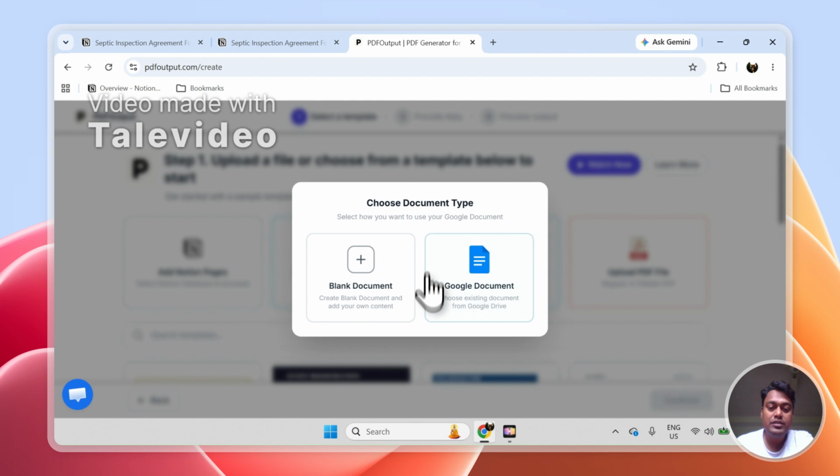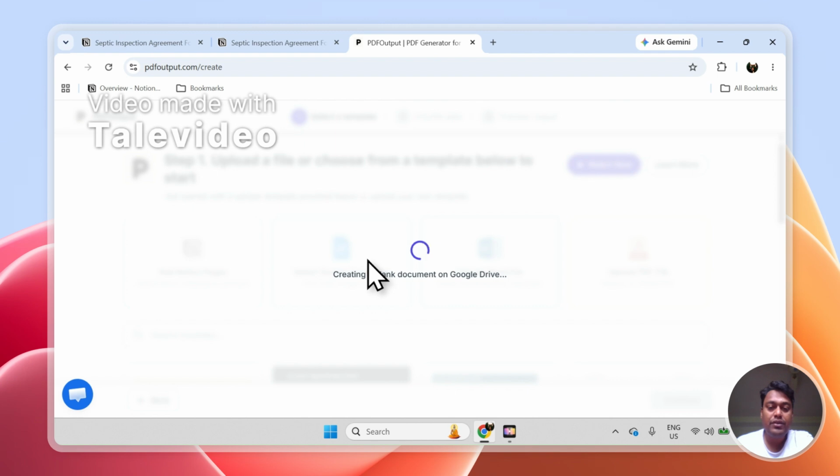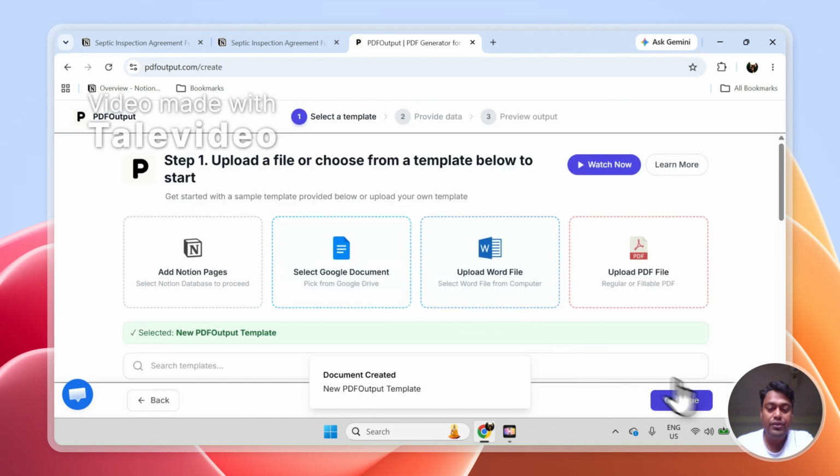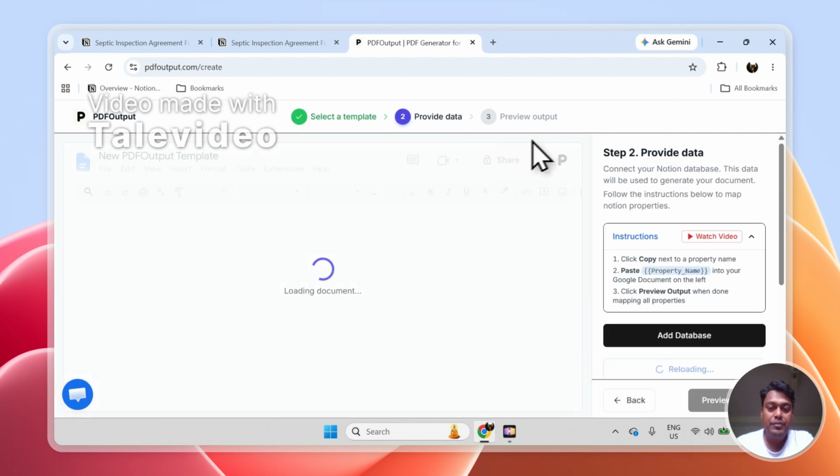If you already have the inspection agreement template available, you can choose the second option and upload the template. But if you want to start from scratch, you can go with a blank document. It will create a new document directly within your drive, and you can edit that to generate the PDF. Let me click on continue, and you should be able to see a new document populate over here, which is